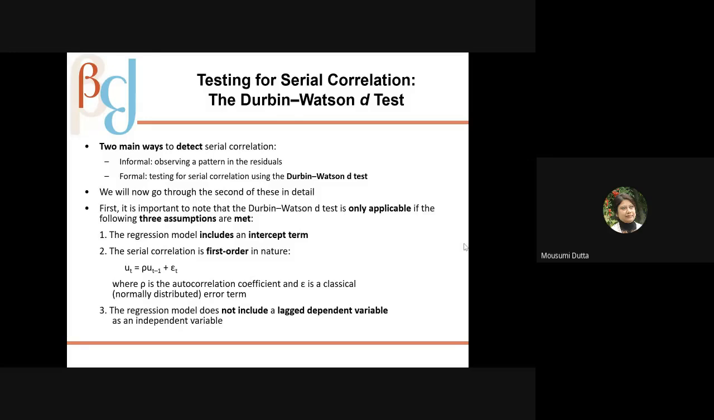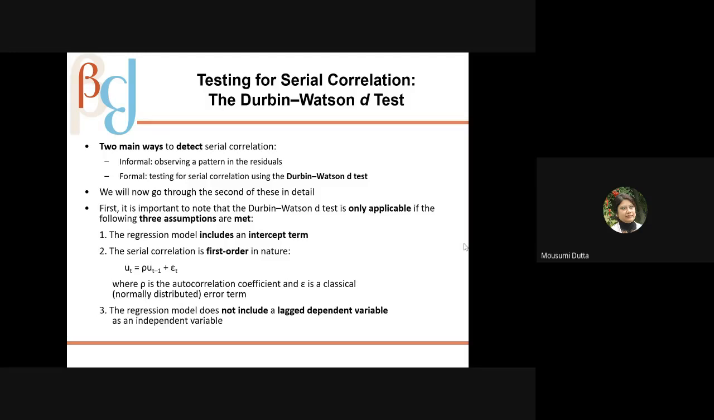So testing for serial correlation using the Durbin-Watson D-test. Remember, there are a number of tests. Even in reality we modify the basic DW test as well. However, here I am introducing the idea. So the simple DW test will be enough for this particular course, the general econometrics course. Okay. Now to begin with, we need to understand the context where we will be able to apply the DW